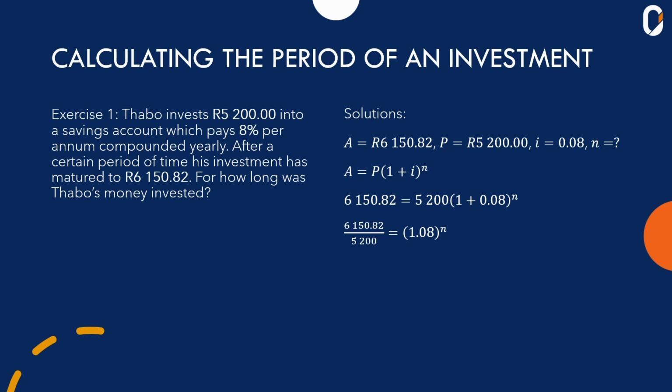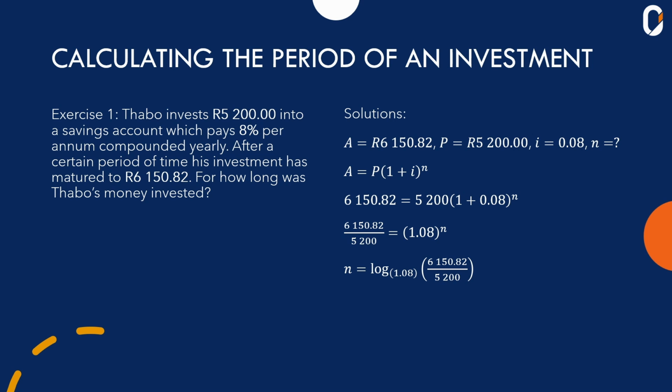Now, let's move on. Here is where we introduce our logarithms. n is our power or our exponent, and we know that it becomes the subject of the formula. The 1.08 is the base of the exponent, and hence it becomes the base of the logarithm, and that one that is on the left hand side of the equation becomes the subject of the logarithm. Let's write down everything I've just said. n is equal to log base 1.08